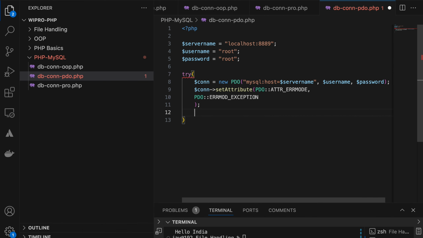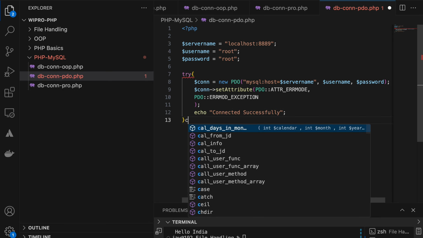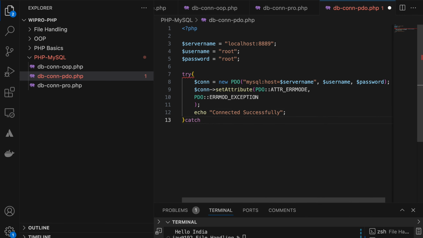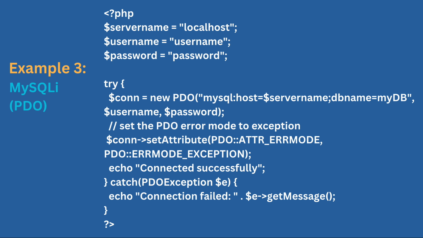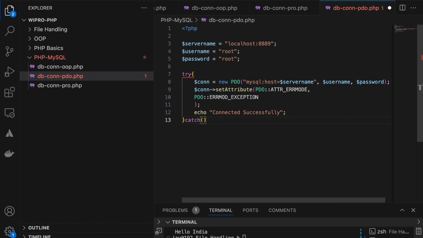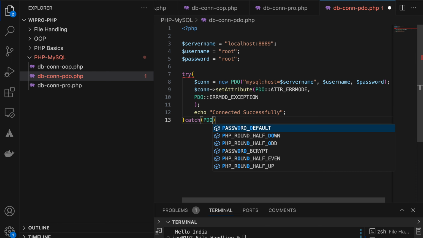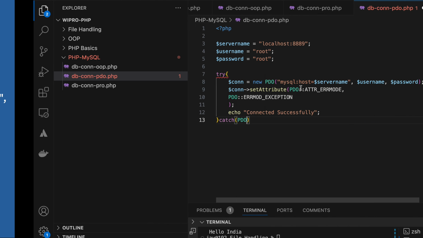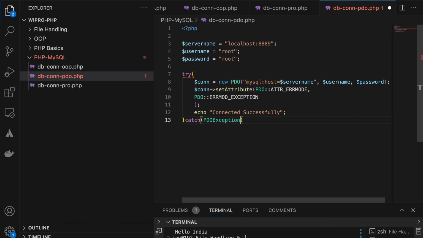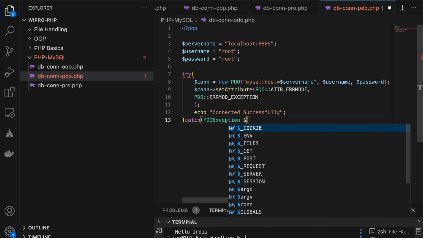If there is no exception thrown, echo connected successfully. Either way, what will we do? Catch. What will the catch? PDO exception $e.